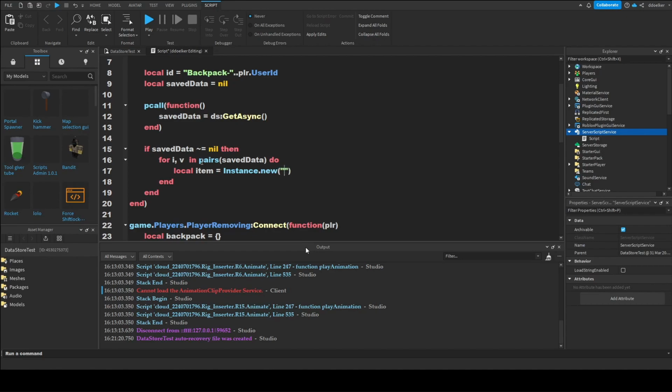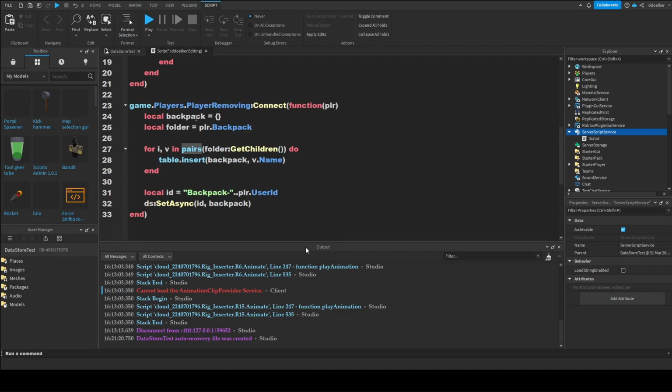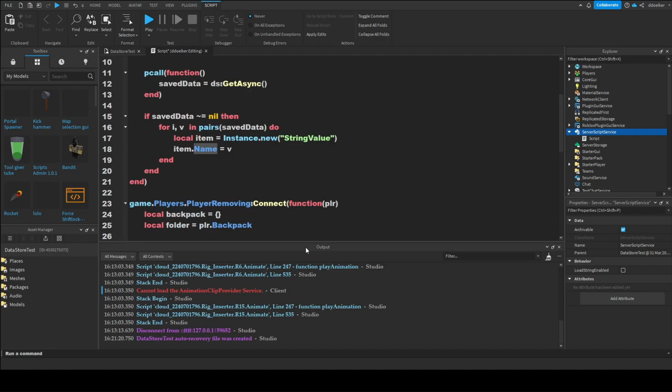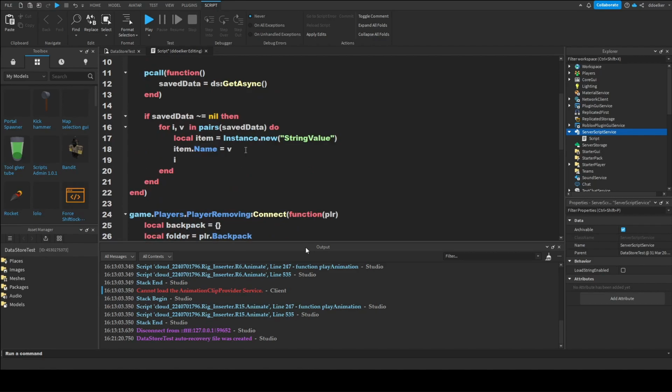I'm just gonna use a string value, so Instance.new("StringValue"), and item.Name equals v, because v is basically the individual item we're loading back into the backpack, and because we're saving the name and we're loading the name, that way you just load back in every individual item. And now we only have to parent the item